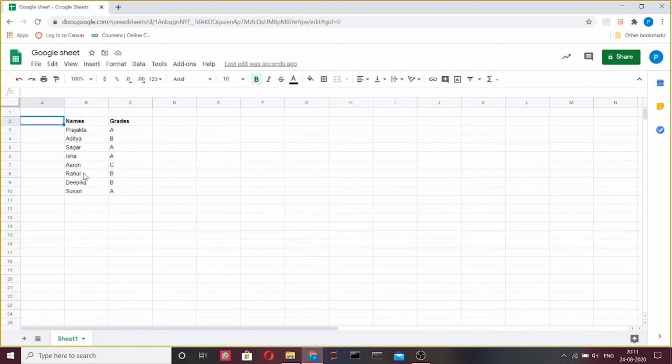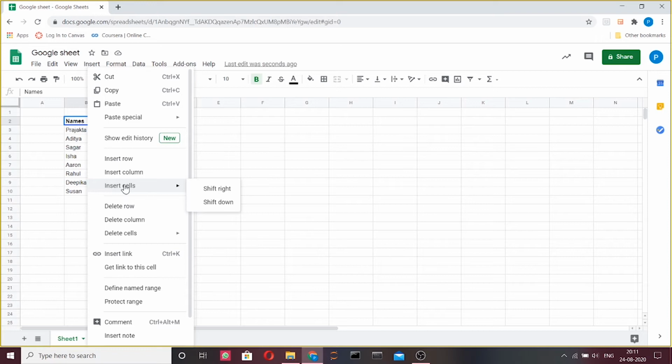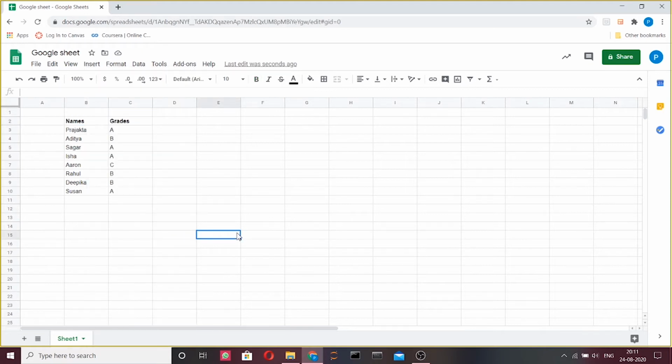For inserting a cell, we select an adjacent cell. On right clicking, we choose Insert Cells and as desired, choose whether the remaining cells need to be shifted right or they need to be shifted down. Alternatively, you can also select the entire row.